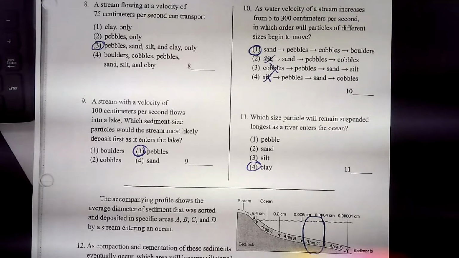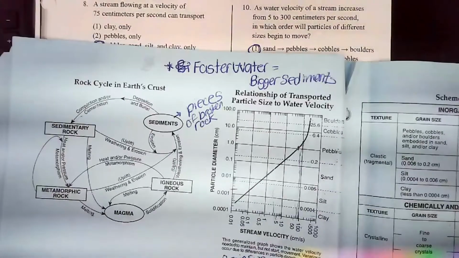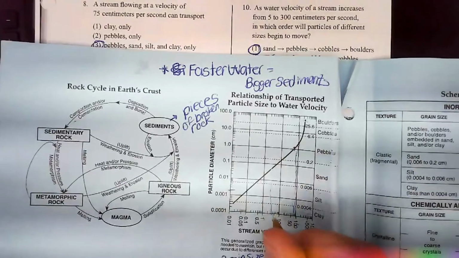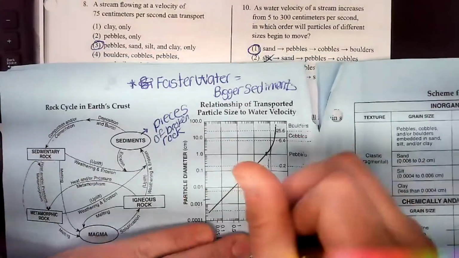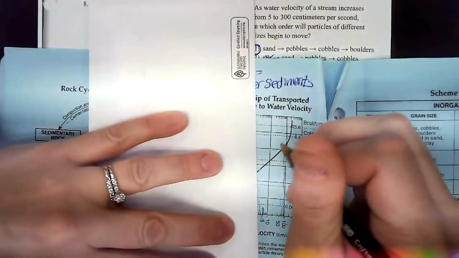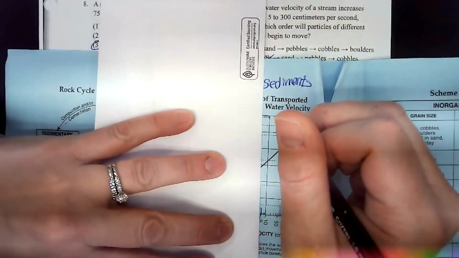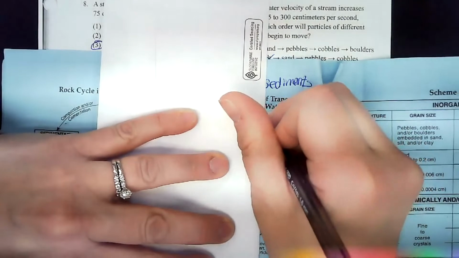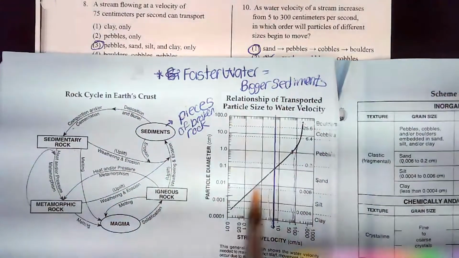As water velocity of a stream increases from 5 to 30 centimeters per second, in which order will particles of different sizes begin to move? So when we were starting at 5 centimeters per second, that's right here. So 5, sorry, I gotta make a nice straight line. 2, 3, 4. So right there,